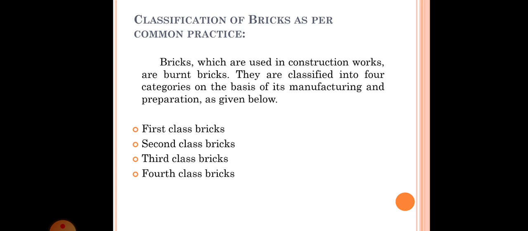Now coming to the second class bricks, these are ground molded, that is they are molded on the ground, and again they are burnt in the kilns. The surface, of course, is somewhat rough, and the shape is also a little irregular. These bricks may have cracks here and there, and their edges may not be as sharp as the first class bricks. They are mainly used at places where the brickwork is to be provided with a coat of plaster. Usually, after constructing using second class bricks, we may have to provide plastering in order to cover the defects.